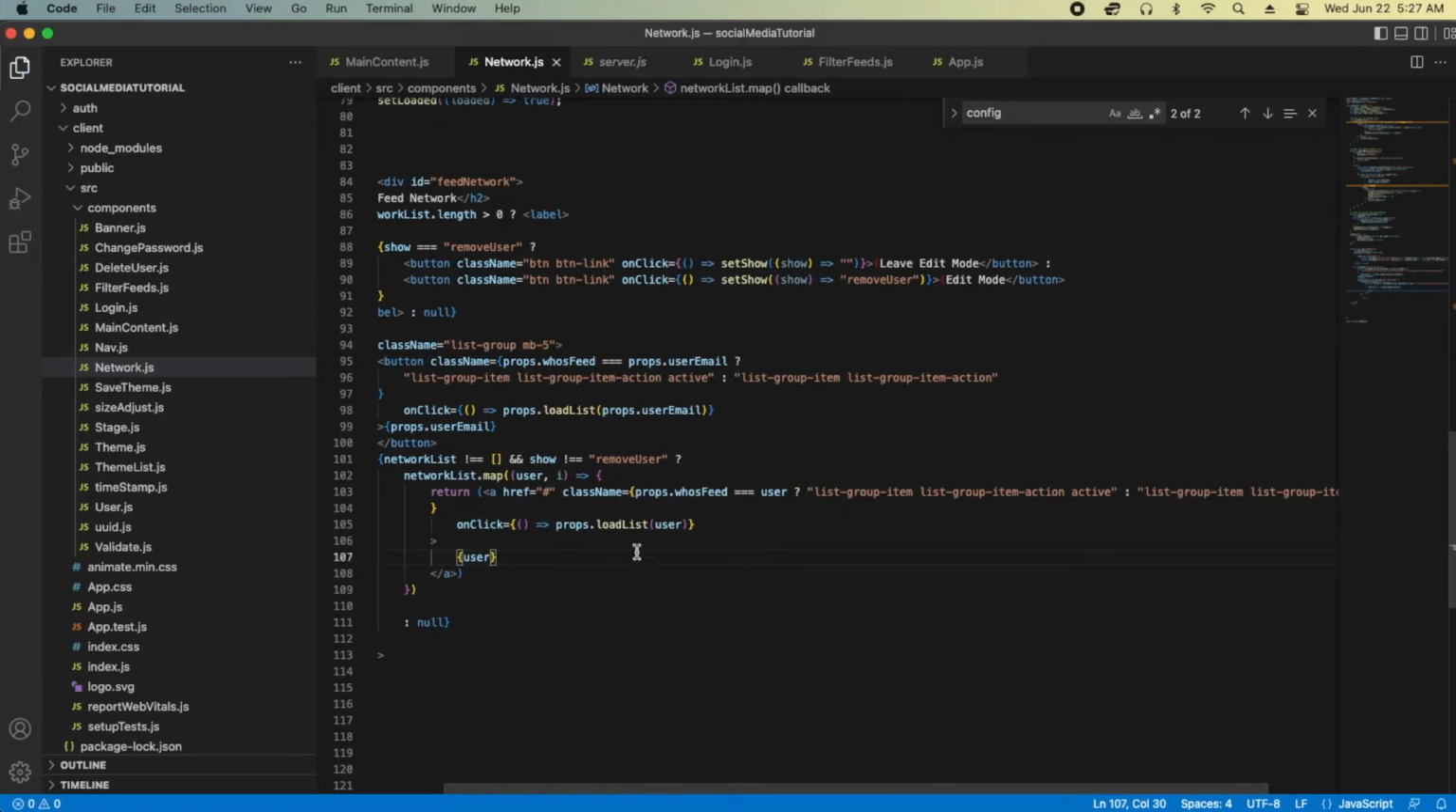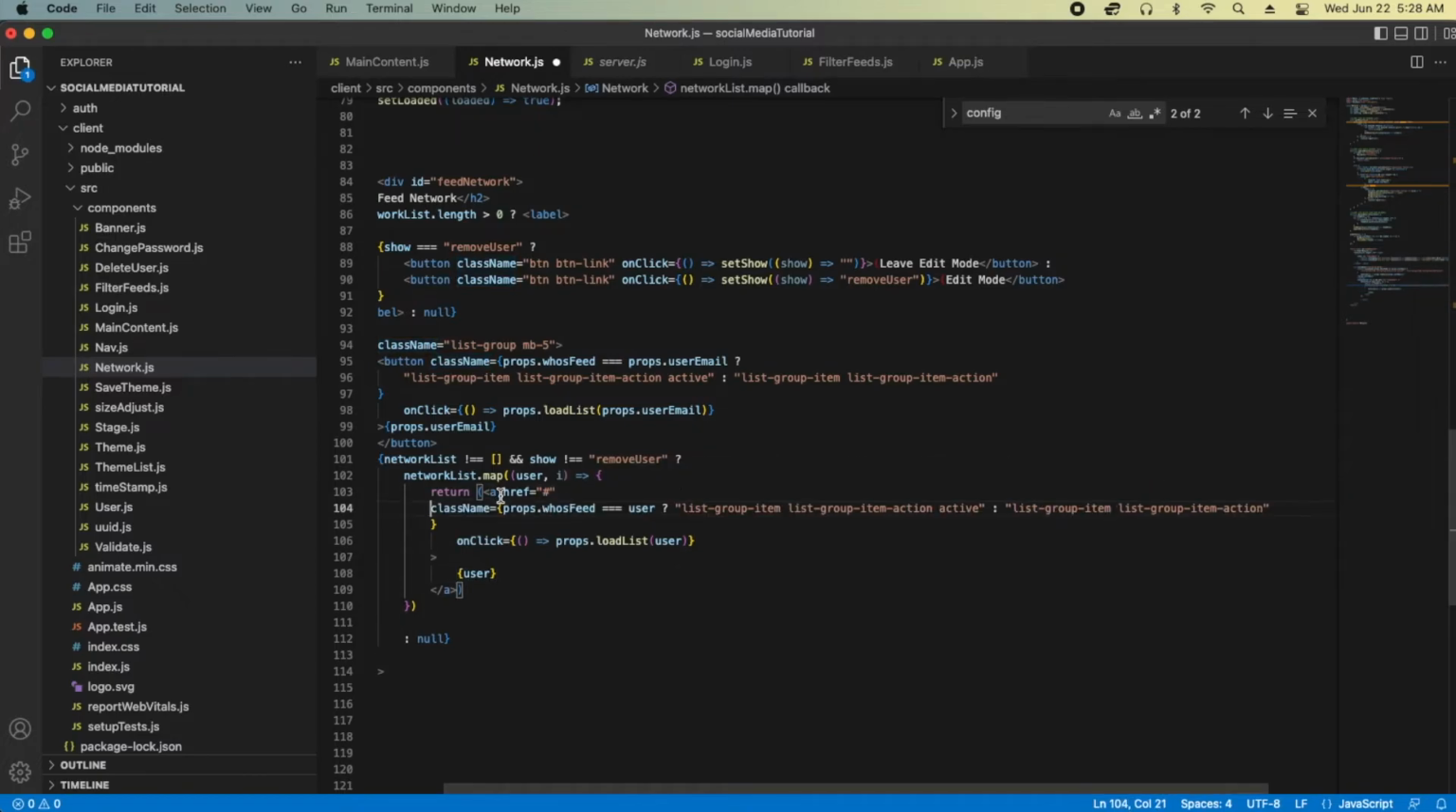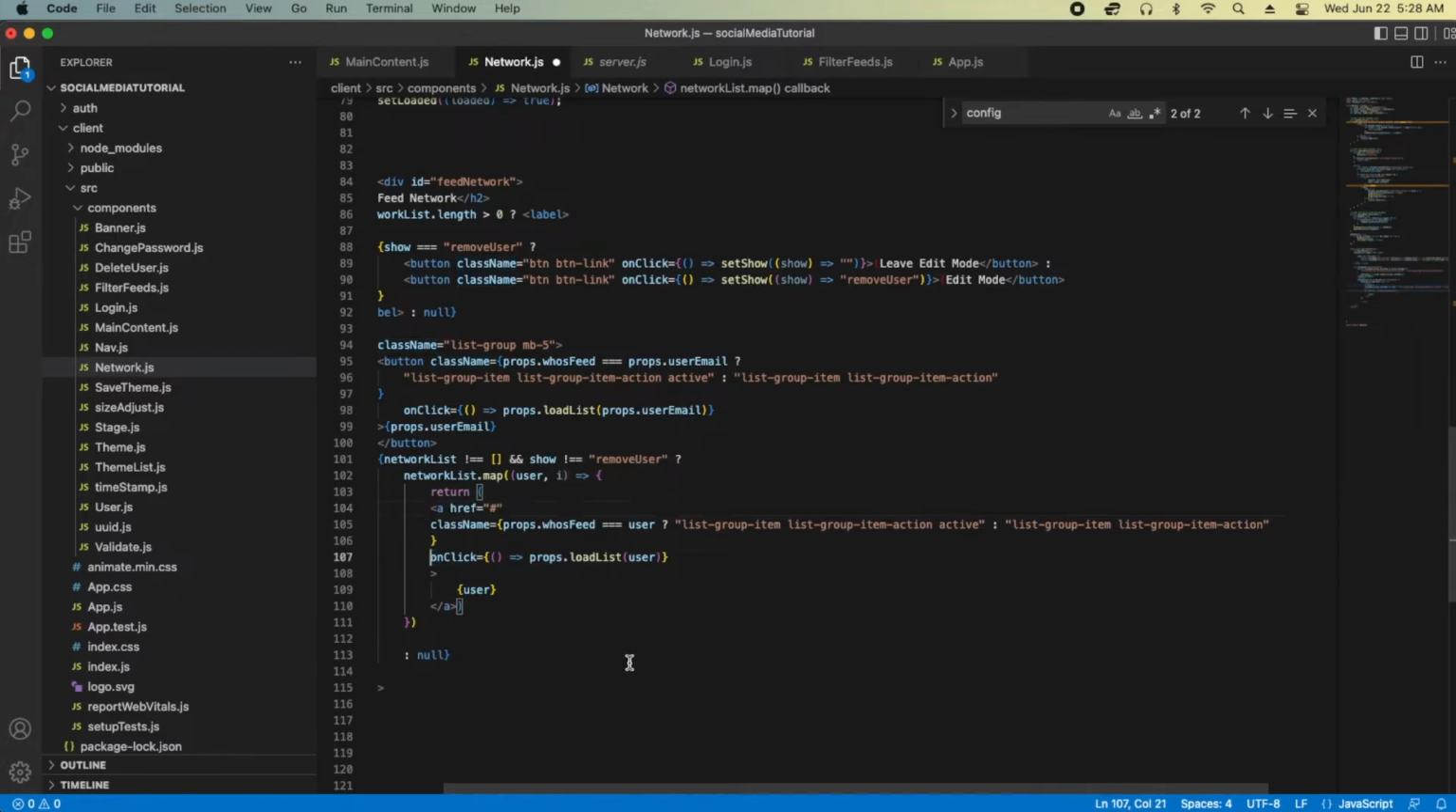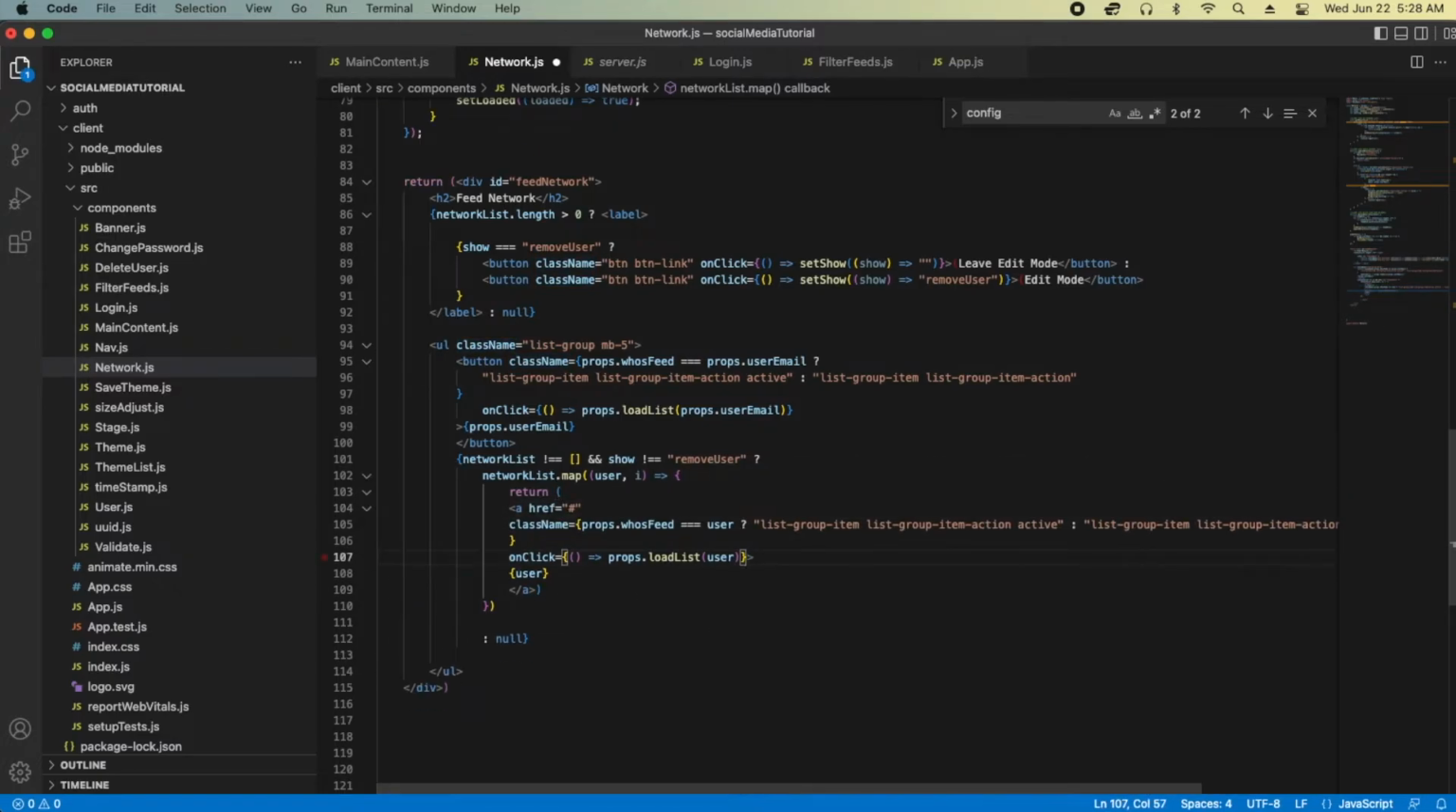So if show does not equal remove user, we're going to be displaying these in a regular fashion, and if they're selected, we will see this user in particular's feed, everything they follow. Let's clean this up so I can make some sense of it. Now, if show actually does equal remove user,